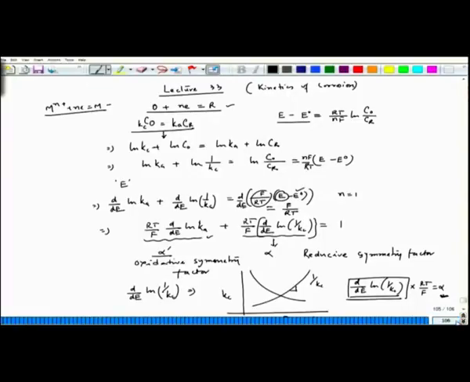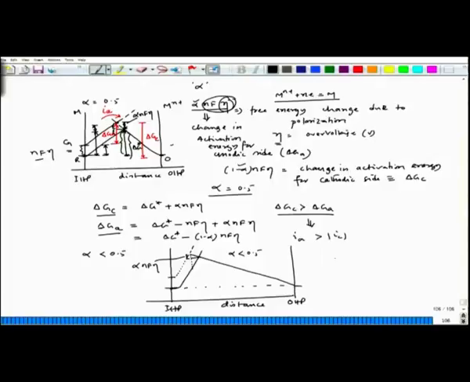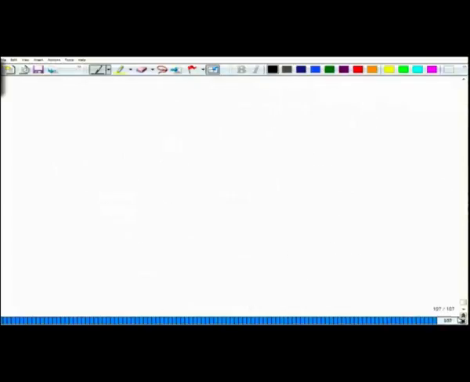So, let me write down again, which is (RT/F) d/dE ln(1/k_C) equal to α, which is the reductive symmetry factor. Now, we can have a situation when we have α greater than 0.5, in that case the plot would look like,